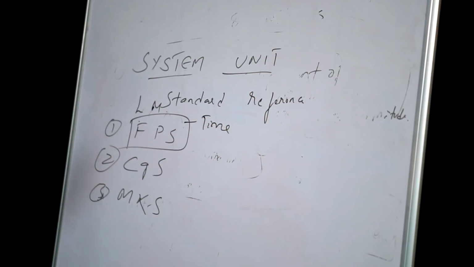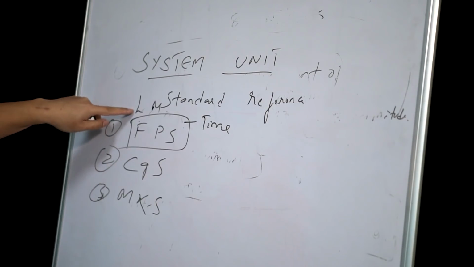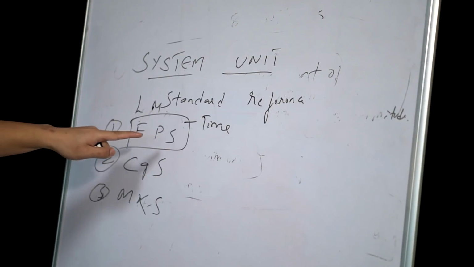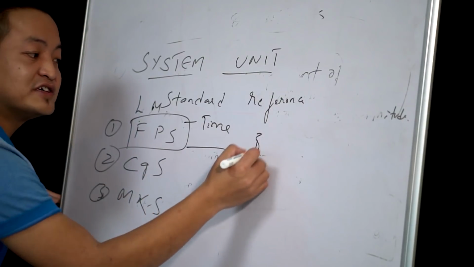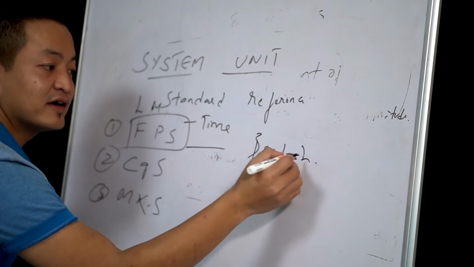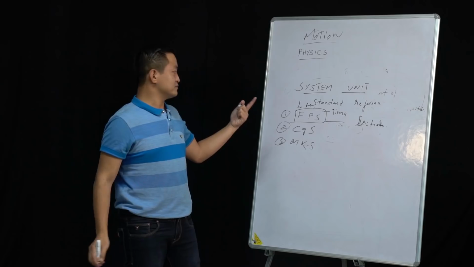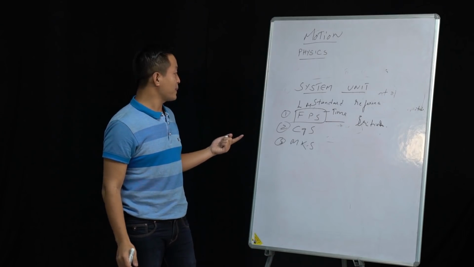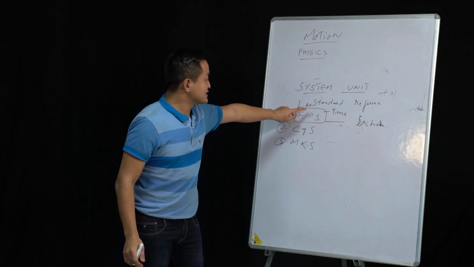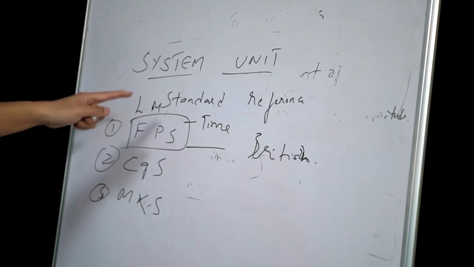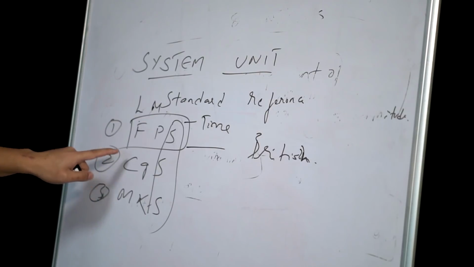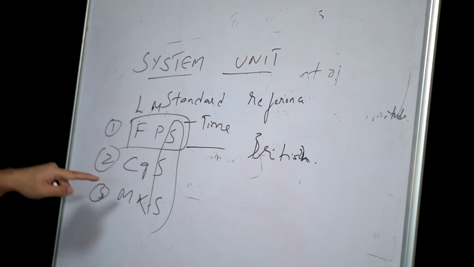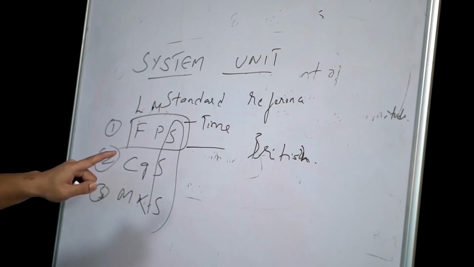So students, I'm just writing a point, okay? These are all basic introduction. So this L means length. The first one here, FPS, F stands for foot. That means this one is often used by the British. In British they say 10 foot, 20 foot. Clear? And the mass, they use in terms of pound. And the time is common for everyone, they use seconds. And this one out here is centimeter, gram, seconds. And the third one is meter, kilogram, seconds.